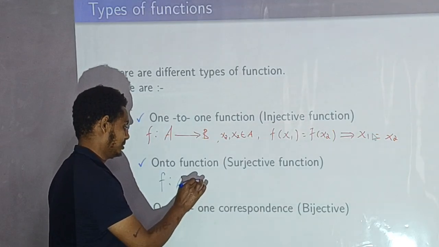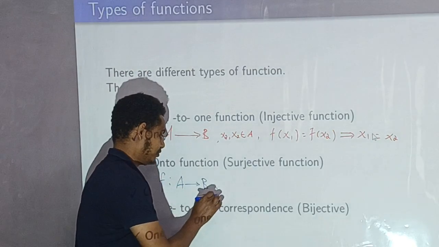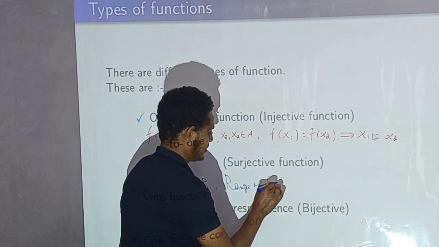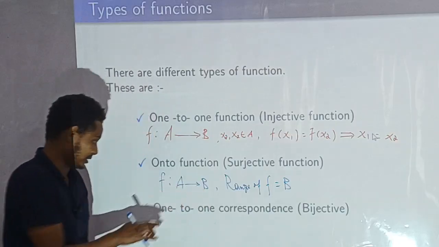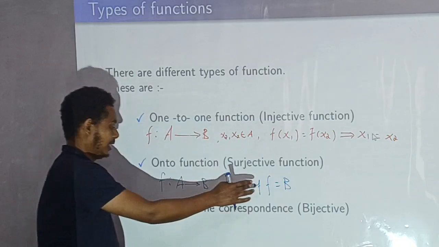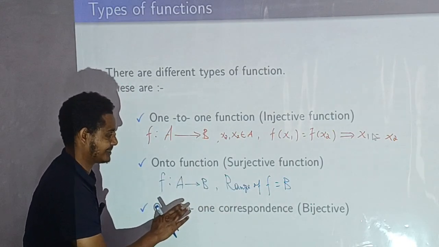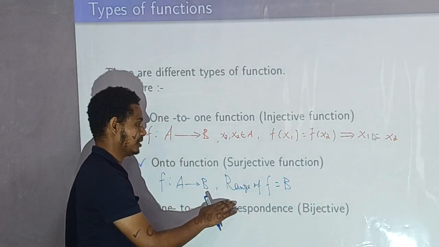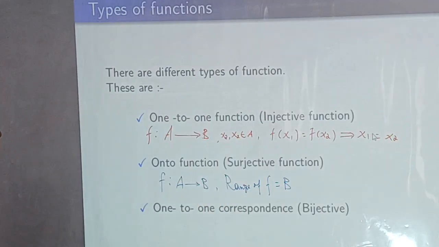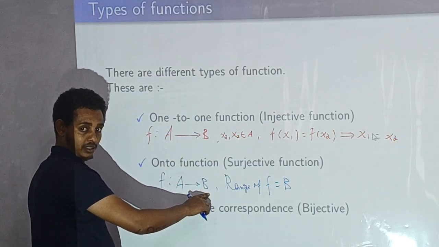The other one is the onto function. A function f that maps from A to B is onto if and only if the range of the function f equals B. B here does not exactly mean the range; the range must be a subset of B. So if the range of the function and B, the codomain it maps to, are exactly the same, this function is onto, or a surjective function. That means for every value in the range there exists